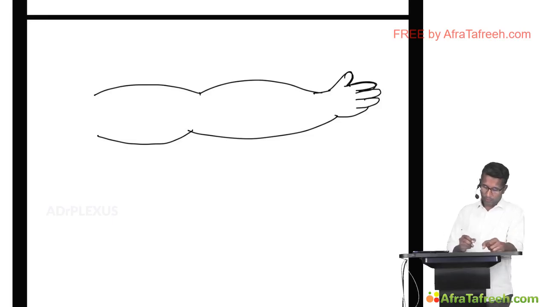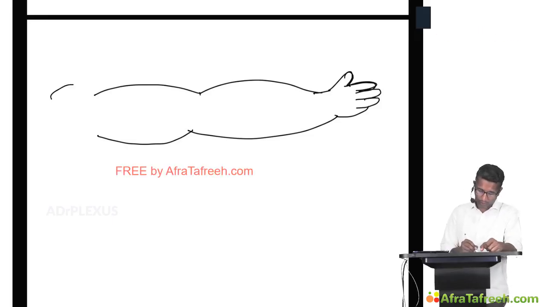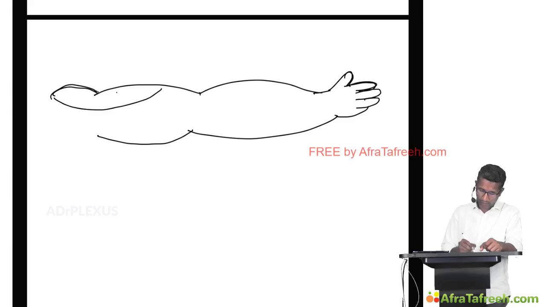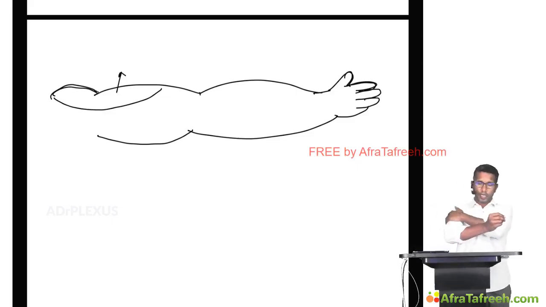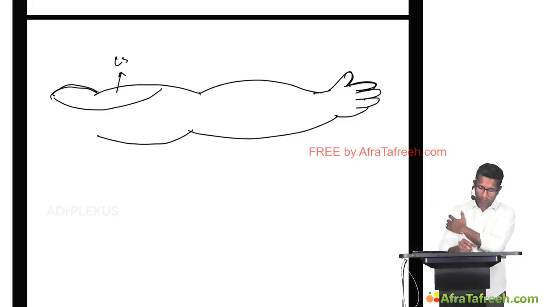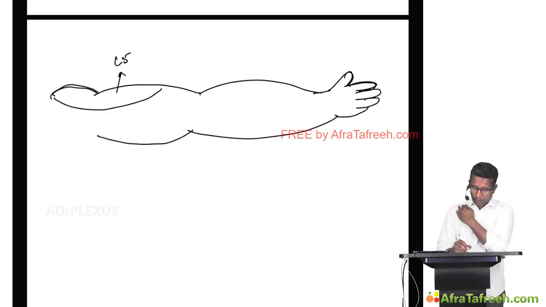Over the deltoid region and the arm region, the skin is supplied by C5. The outer border of the forearm up to the thumb is supplied by C6,